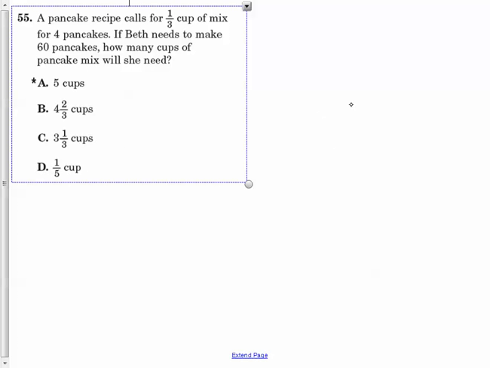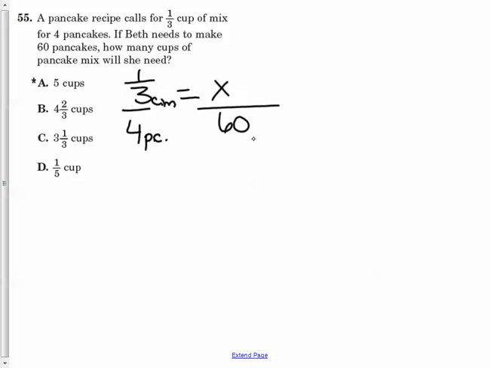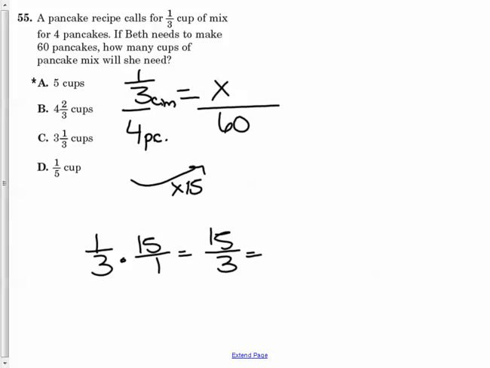Okay, the last one, a pancake recipe calls for 1/3 cup of mix for 4 pancakes. If Beth needs to make 60 pancakes, how many cups of pancake mix will she need? Let's set up a proportion. When I set up this proportion, I know that 4 times 15 gives me 60. So I'm going to take 1/3 times 15, and I get 15 on top, 3 on the bottom, which is